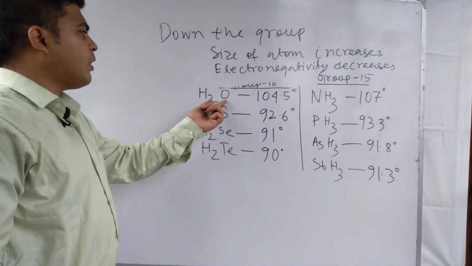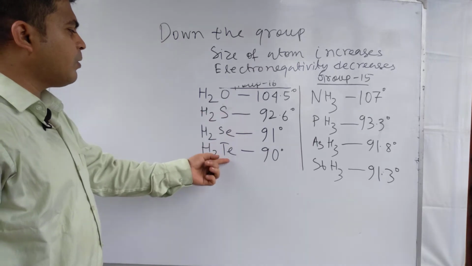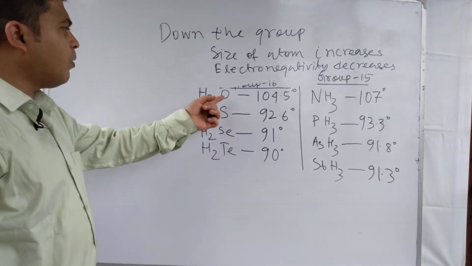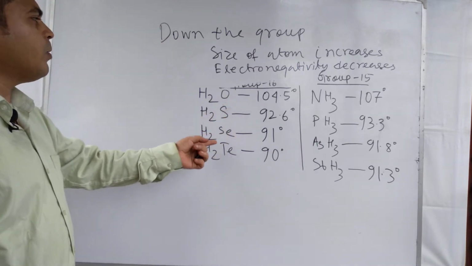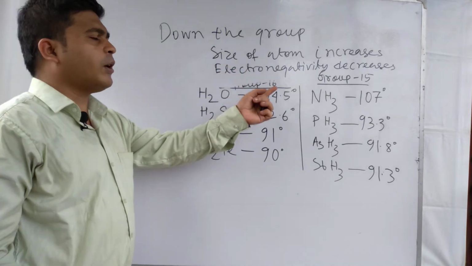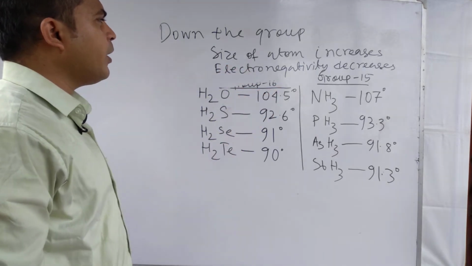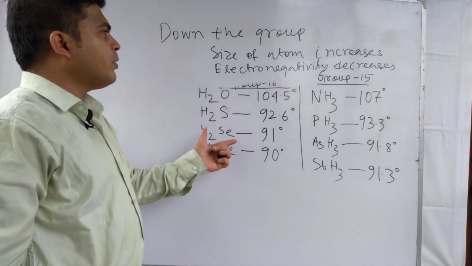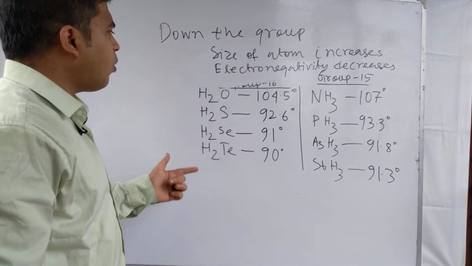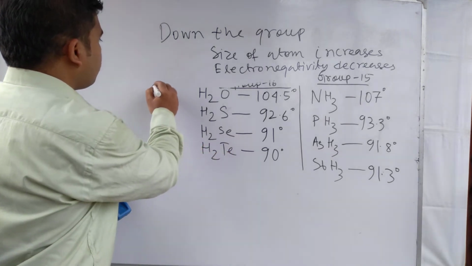These are the elements down the group: oxygen, sulfur, selenium, tellurium. So down the group the size of atom increases and the electronegativity of the element decreases, and for this reason the